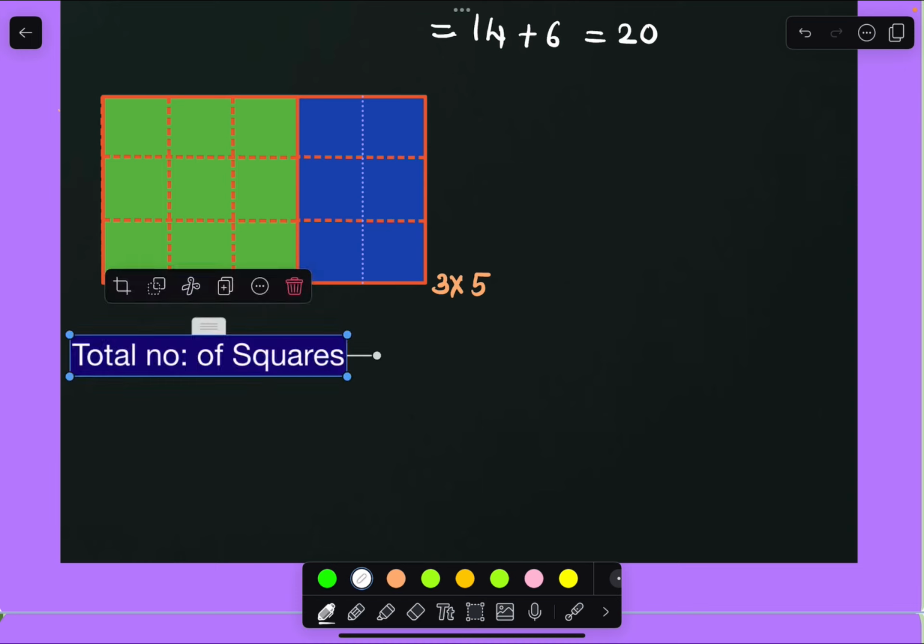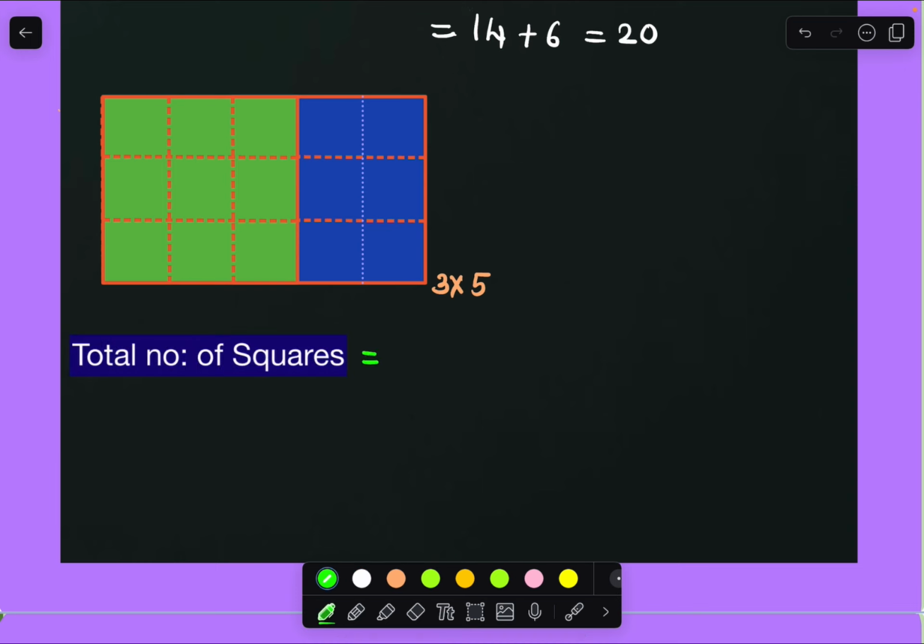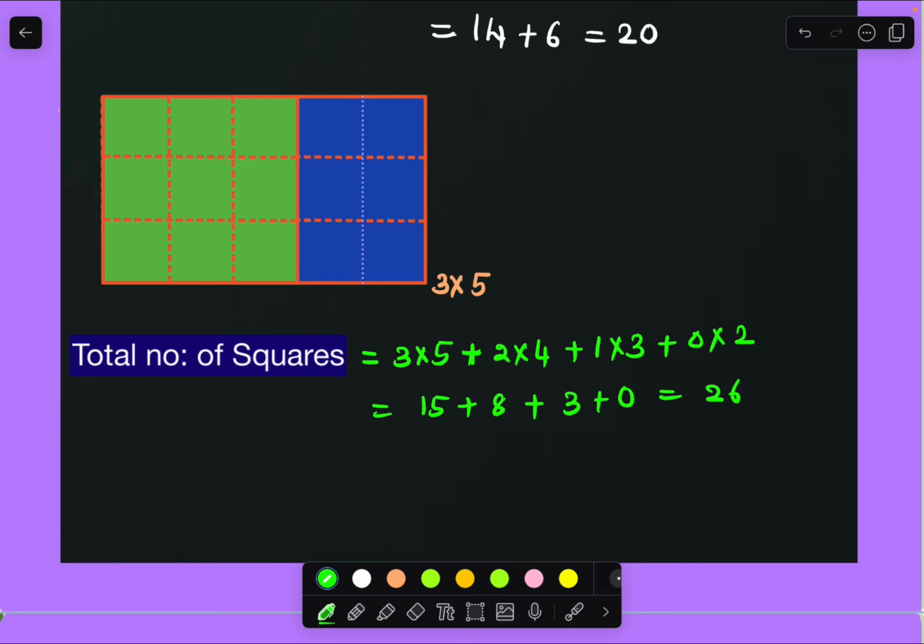I can go with the blind technique. The starting method is there, that we can use, right? How many 1 by 1 unit squares will we get? 3 into 5. After that, decrease the base by 1 continuously, right? And here we'll get 2 into 4. Next one 1 into 3. Next one 0 into 2, right? And the total number of squares equals how much? 3 fives are 15 here, and 2 fours are 8, and 3 ones are 3 here. It is a 0, right? So add them. 15 plus 8 will get 23, plus 3 will get 26. So it is one method of solution.